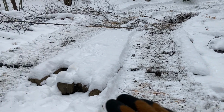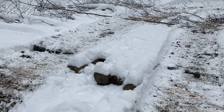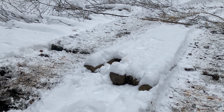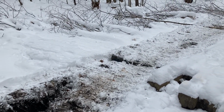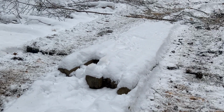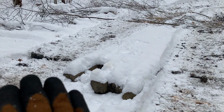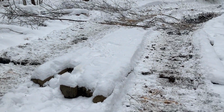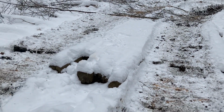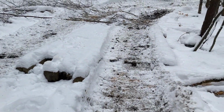When they leave, they'll take the panels out, and they'll remove the pulpwood as long as they can get to it. If it hasn't frozen in, and if it is frozen, they'll take it out when they do the cleanup in the spring. But with this type of crossing, they've limited the impact to this drainage a great deal. If they were just to come through here without these panels, there would be 2 huge ruts, and the flow of this drainage would be